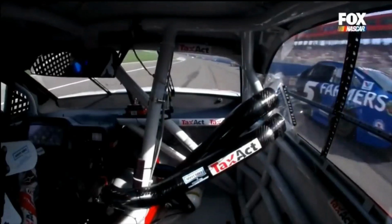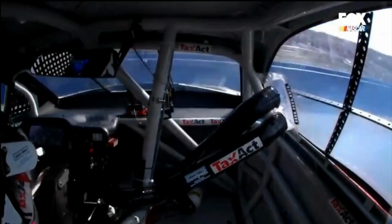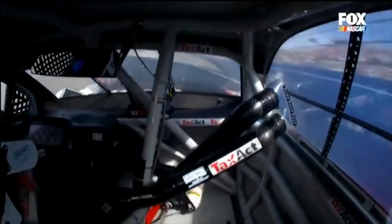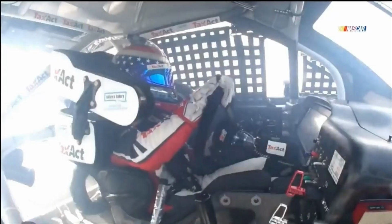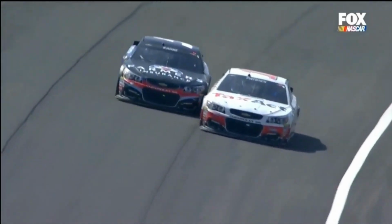Catch Casey, she's going by. He's side drafting her right here. And I think she did come up a little, but I like that other angle that we saw. I'd like to see it again to see if the 5 just got down to her right rear a little. You can see him side drafting her. Look at that move right there. See, that move right there was the one that made me think that he started to come down a little